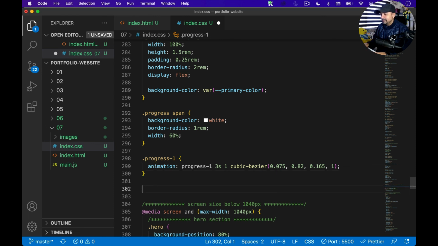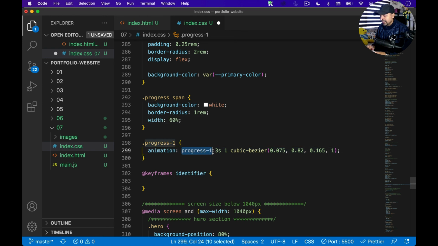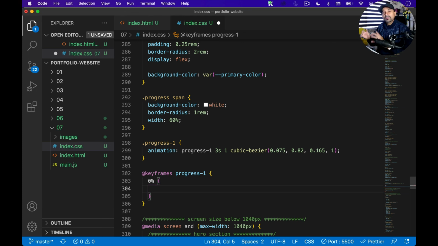Okay, so I'm going to create my animation now. For that we use something called keyframes, and this is the syntax, keyframes, and this is the identifier. That's why I've written this one here. So I'm going to copy and paste progress 1. So 0%, I'll start with this. So basically we animate, think like you have a timeline, and that timeline is divided into percentage. So at 0%, what you want to do, so you can use different CSS properties here, and you can give them those values. And basically CSS uses those values to animate